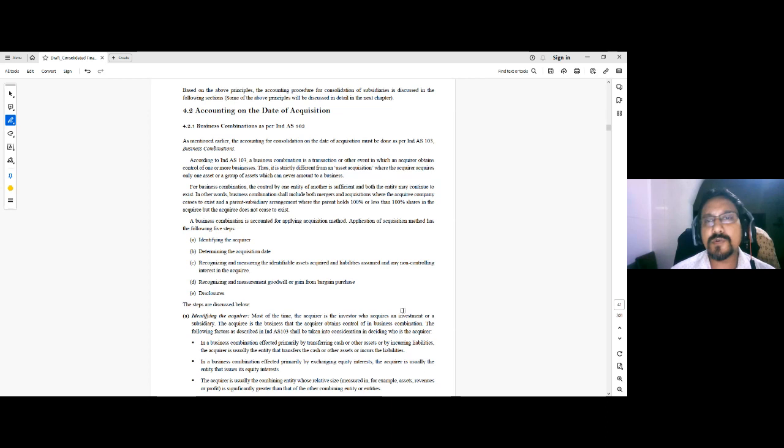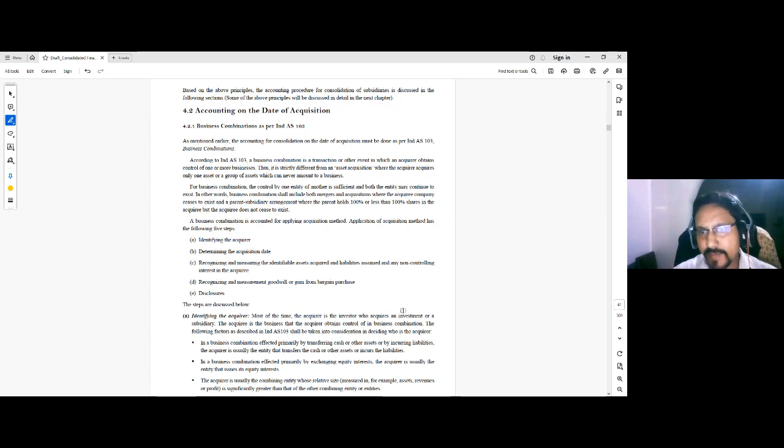So acquisition method says that we need to follow 5 steps. We need to first identify the acquirer. So in our case, between holding and subsidiary company, the holding company is the acquirer, and the subsidiary company is the acquiree. Secondly, we need to identify the acquisition date. Obviously, the acquisition date will be the date on which the holding company first obtained the controlling interest of the